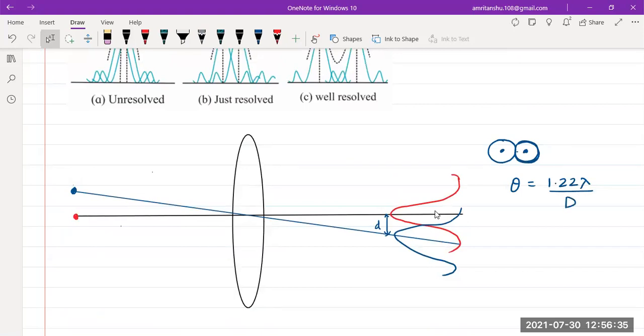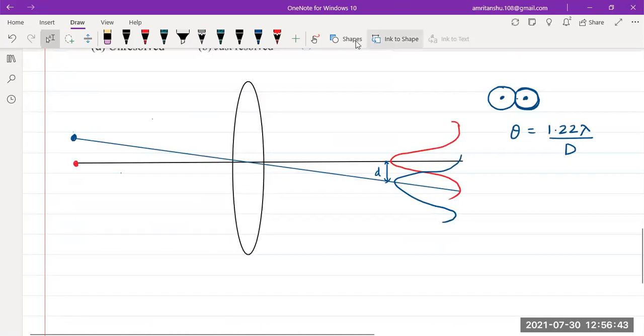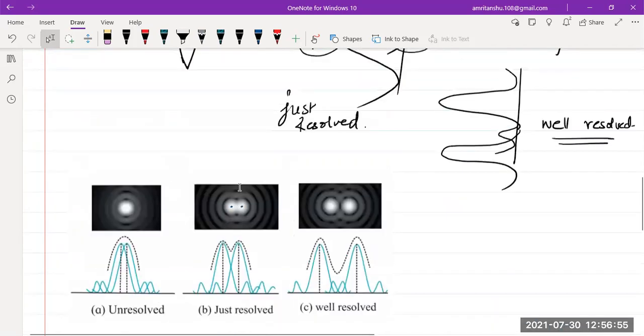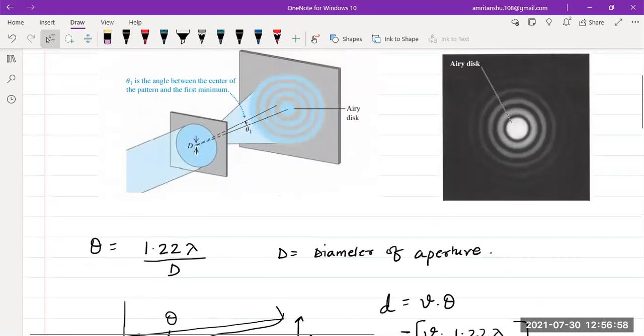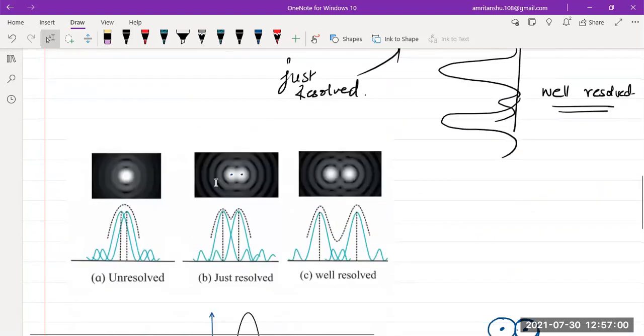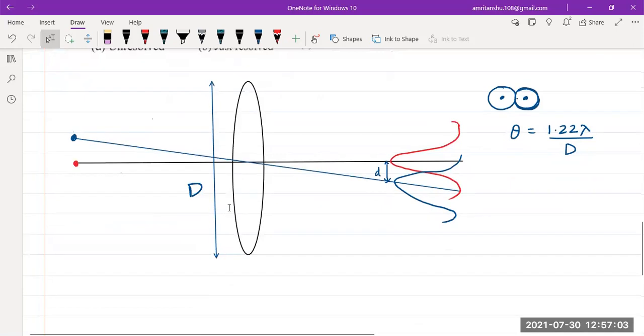Now here, what d do we have to take? Here d is known as the aperture of this lens. What is this aperture? Aperture is the part of this lens which is exposed to the atmosphere. So this happens to be d. Just like here, d was the aperture of this hole, here d is the aperture of this lens. I hope that is clear to you. So this is the angular separation theta.